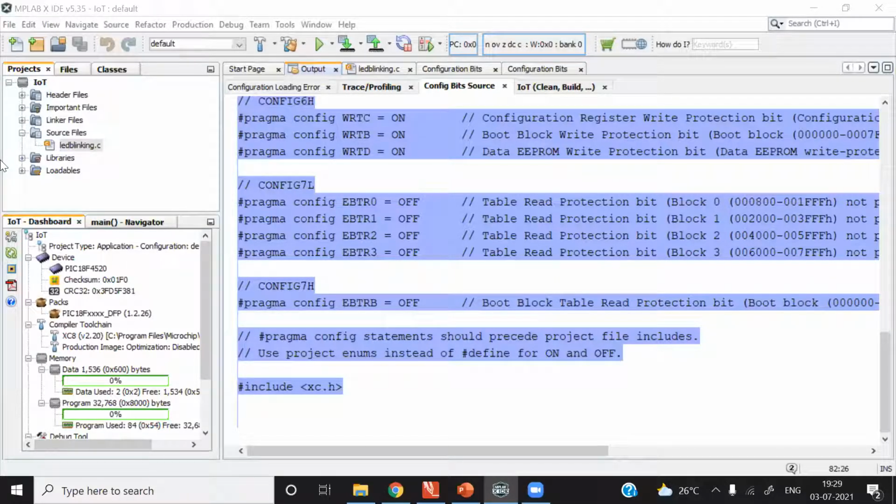Yes, a universal programmer can also be used. See, I have not used a crystal oscillator in the development board. The crystal identifier is used in a macro. That macro is used for generating delay. Inside that delay macro, this crystal definition is used, so we must define the value there. As we are using 4 megahertz, I have defined the value of 4 megahertz in the program.